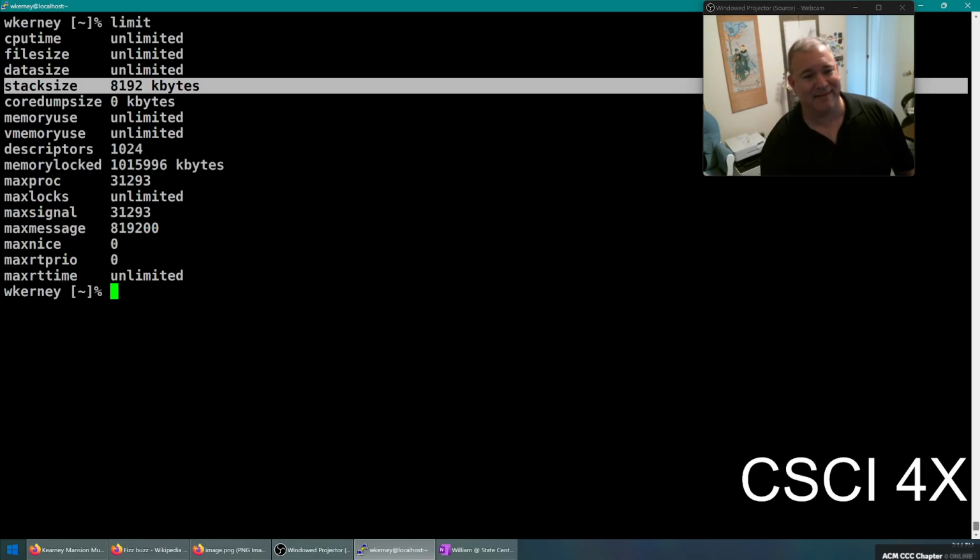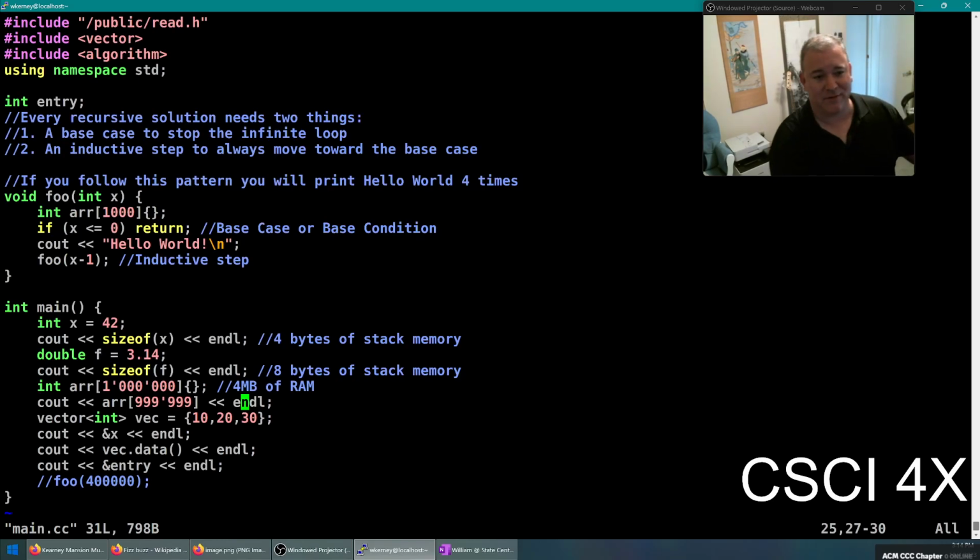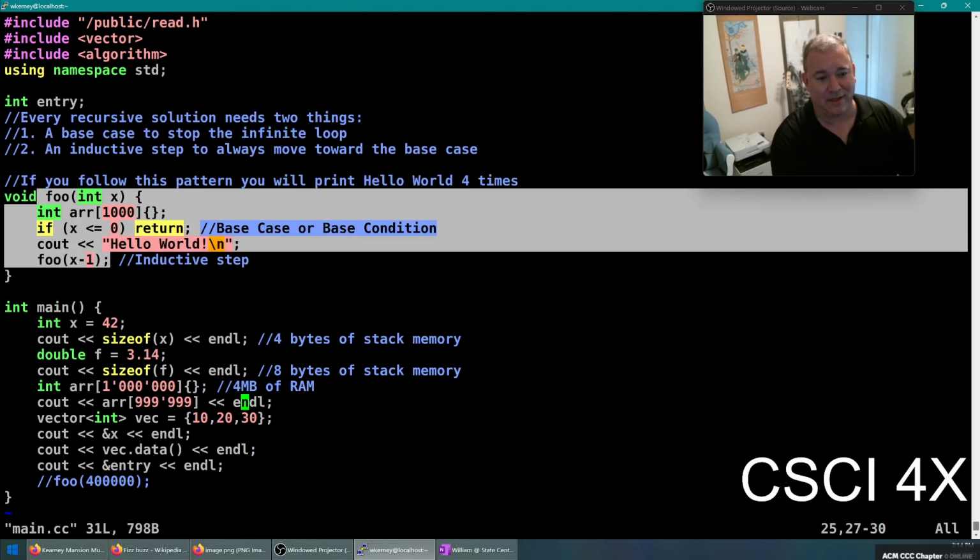Sometimes. A small stack is actually usually preferable. And the reason for that is because if your recursive functions get out of control, like if you are calling yourself too many times, having a smaller stack space means that you will catch your infinite recursion quicker, because it will kill your program quicker. Okay? So now if you're running out of stack space under normal operations, yeah, you should probably expand your